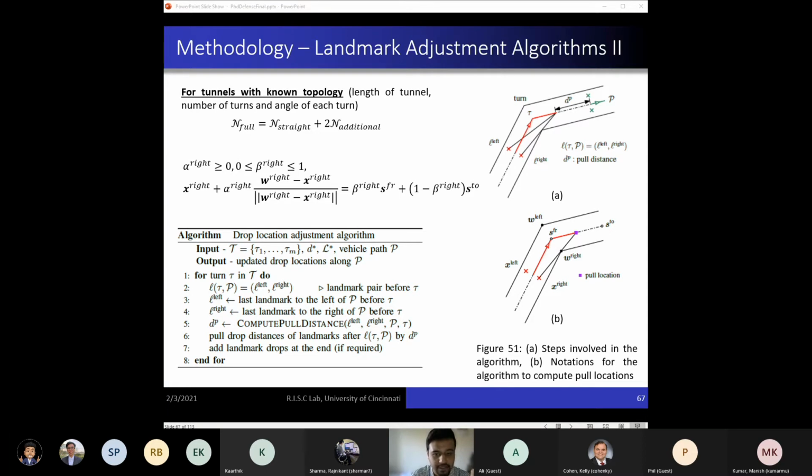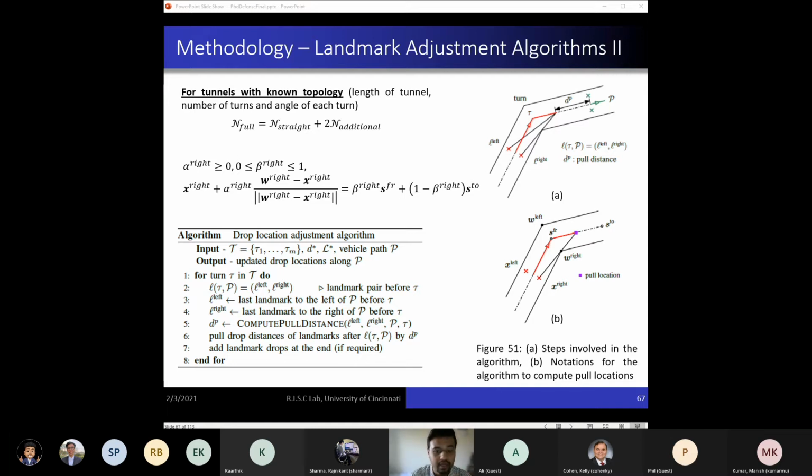During the optimization phase, if we can assume that we have already placed a pair of landmarks before a given turn, then using figure 51A we can use the geometry to check whether the vehicle will lose line of sight before reaching the next landmark dropping point, as shown by the green location in figure 51A. As shown in this figure, we will lose line of sight from the right landmark, shown in red, for a right turn prior to losing the LOS from the left landmark before reaching these green locations. For a left turn, it will be the opposite.